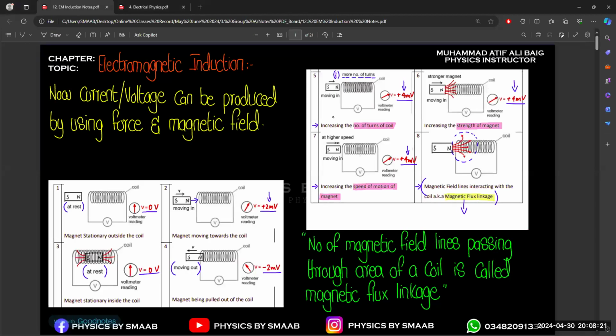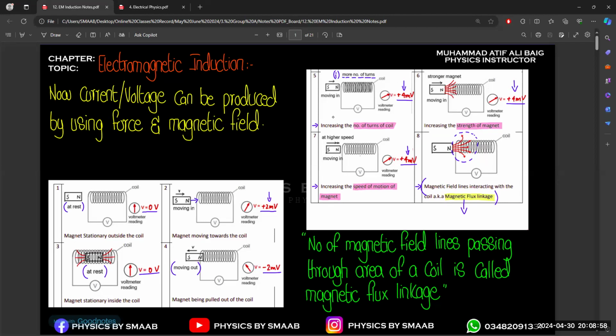The concept of electromagnetic induction is, in simple words, that we have to generate electricity, right? We provide electric current to an electric motor, so the motor starts to rotate. Now we have to apply the reverse process, where we apply force ourselves. If we are able to rotate the propeller or the turbine or the fan of the motor, it starts to generate electricity. So this is the concept of electromagnetic induction, and why we use the word induction is because